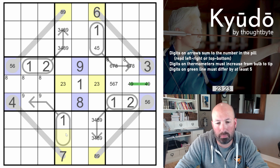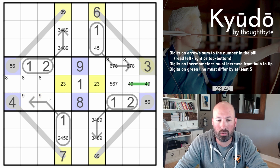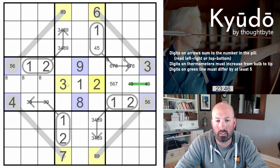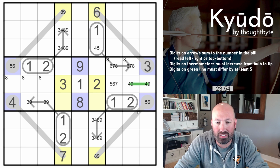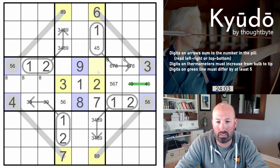So what can this be? This could be 2, 4, 5, 6. If it's 2, this would have to be 9 and 3. Actually, it has to be 9 and 3. The 3 here plus the 3 here means this has to be 9 and 3. So this is 12. We have 3 of them that are 12? That seems surprising. Hopefully that's right. These are 5, 6, and 7, and they have to have... Oh, so their 7 has to be here, because it's not there. 5 and 6, 7... So this...